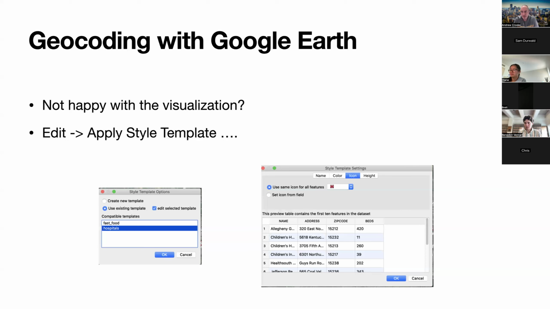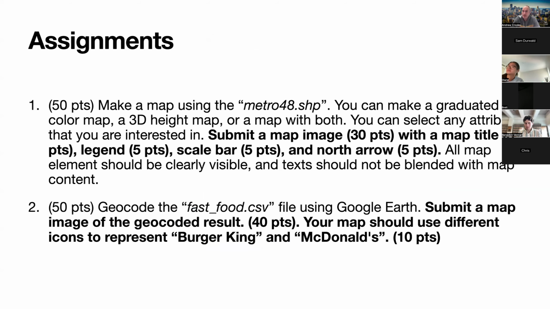Hopefully that makes sense. And to test, now that I've shown you how to do geocoding, if you have problems, you have to just quit Google Earth, start again. Unfortunately, that's just the way it is. This is just the name of the beast in this example. What I would like you to do for your assignment here is basically make two maps. One is of